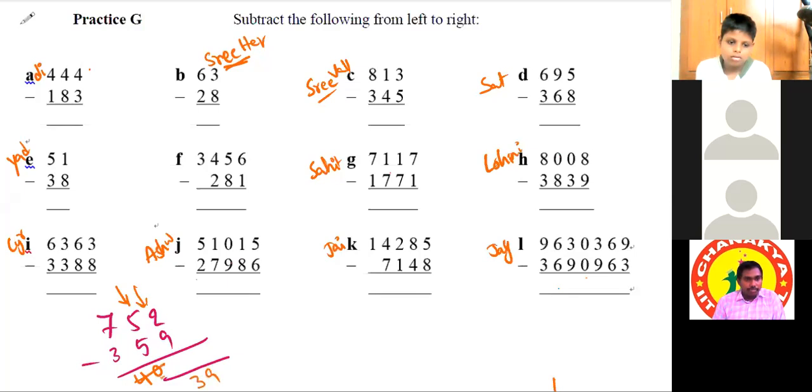Understood, all of you? See, again, I'm telling: 7 minus 3 is 4. Because the next place is a match, I'm writing 4 as it is. 5 minus 5 is 0. Because the next place is a mismatch, we have to reduce 1 from 0. Because we cannot reduce 1 from 0, we have to reduce 1 from 40. So 40 minus 1 will be 39, and the remaining is the same. 9's complement is 1. 1 plus 2 is 3. So the answer is 393.